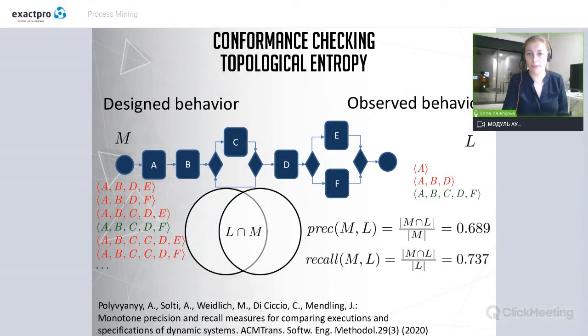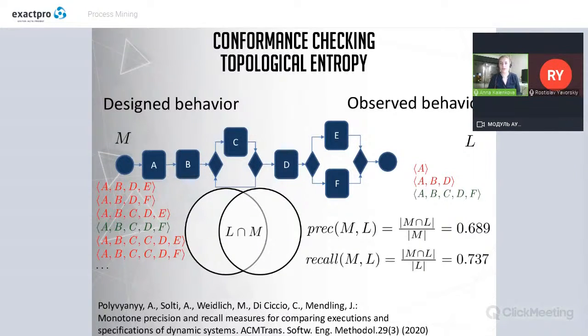Why not? The only problem is that the model may contain loops. And here you can see a loop. In this model, C can be executed as many times as we want. And how can we calculate traces in this case? In this case, a notion of so-called topological entropy is used. So this approach was proposed by Adam Polyvyanyy. And my task was,